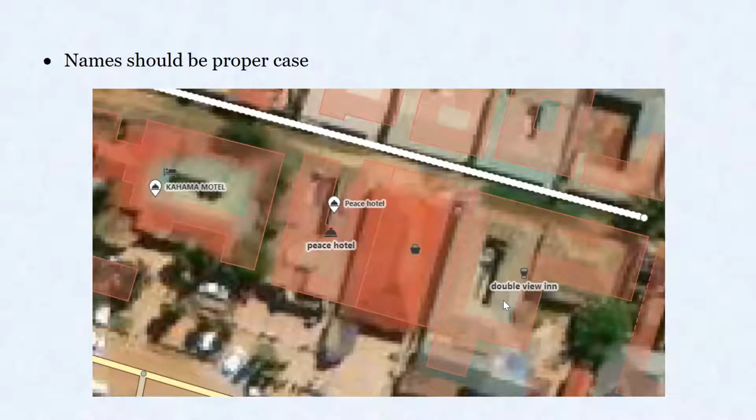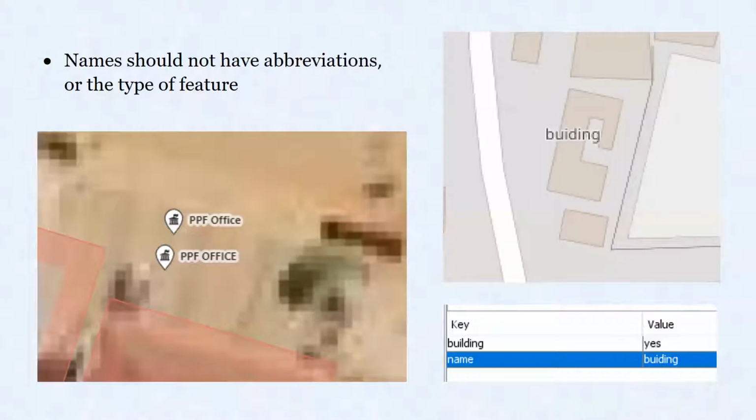the key is getting back and using iD when you have a good connection to the internet, and then combine these two points together to spell Peace Hotel correctly, and make this proper case, and remove the duplicate. So, I'll show how to do that. Also,